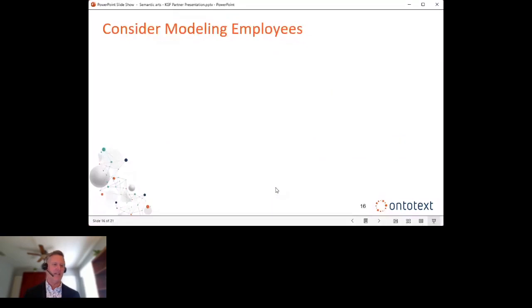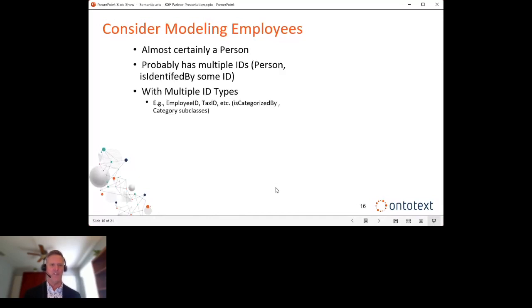Lastly, I think another example, we may have to model employees in our knowledge graph, right? So it's almost certainly a person, right? GIST just has a person class. Not only that, but persons typically have multiple IDs, right? And so GIST has this notion of person. It also has a predicate, is identified by, some ID. So for example,